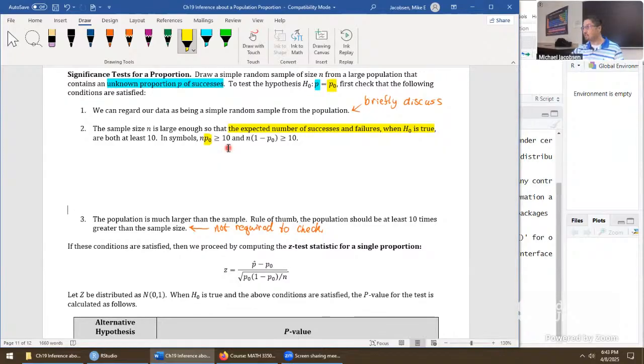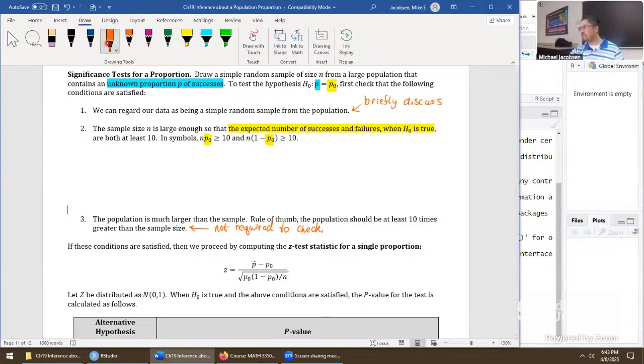The threshold is lower because, again, that's a powerful assumption. We lose it for confidence intervals. That's why it was at 15, but for successes and failures in the sample. Then this would be the number of failures expected, not what's in the sample, just what we would expect to get. Take n times 1 minus p naught, has to be larger than 10.